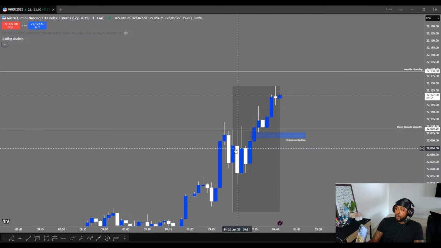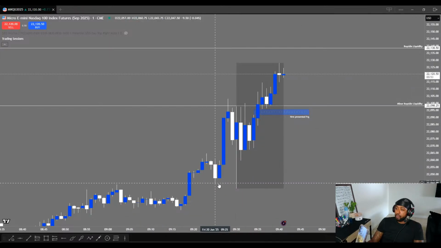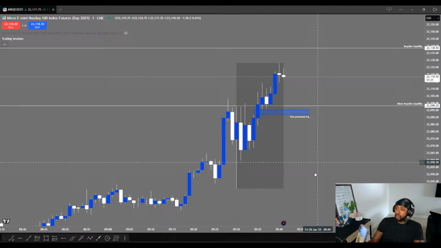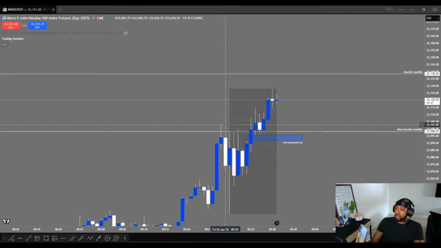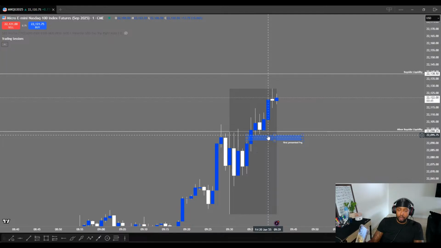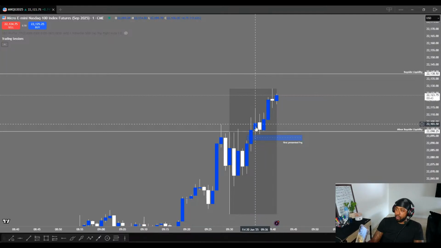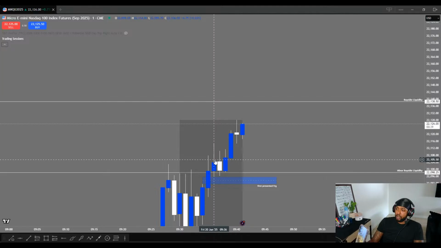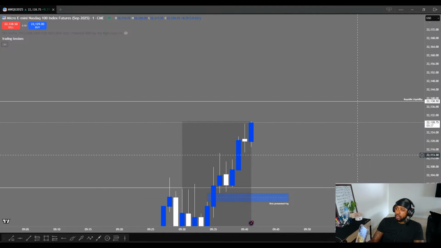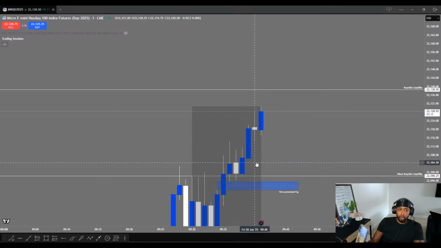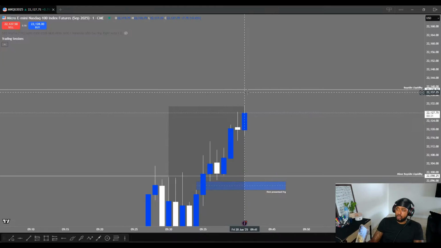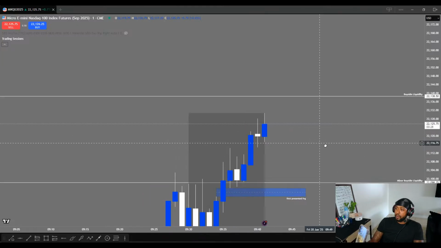So the market opened up here, went lower, swept out this liquidity right here, expanded higher, took this high out, created a first presented fair value gap, then created an order block right there, and it expanded. So if I'm bullish, you want to see a down close candle support price higher. Just how this down close candle supported price higher and left a fair value gap, let's see if this down close candle does the same thing to sweep out this high right here.